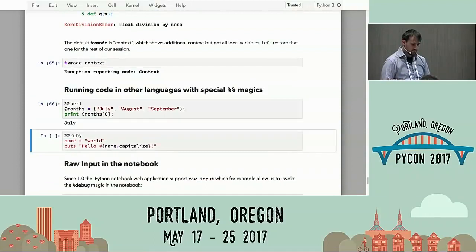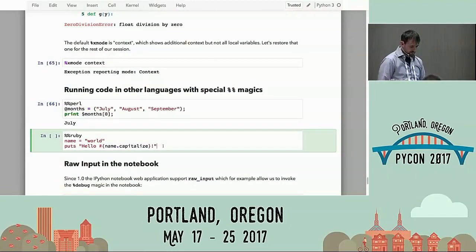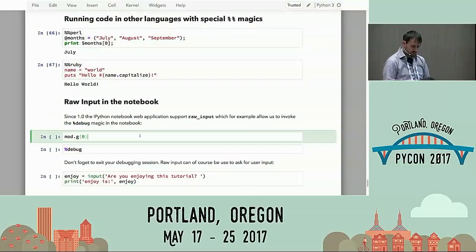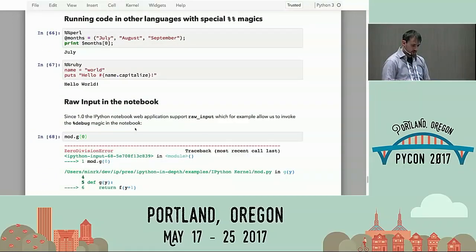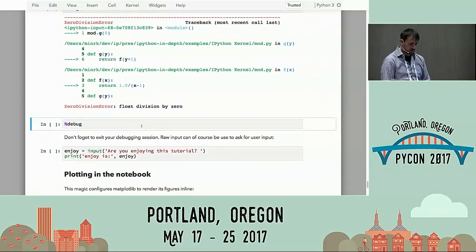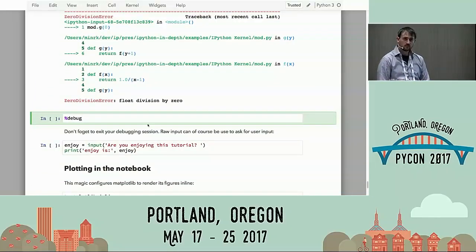And we can run additional other shells like Perl and Ruby. So we've got this divide by 0 error, and I want to go debugging. When you ask for input in the notebook, you'll actually get a little prompt to input some response